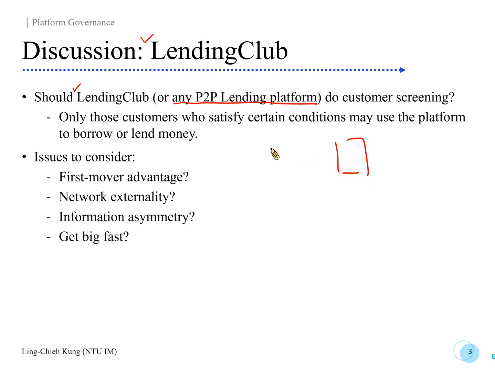So you do have some borrowers and you have some lenders. Lenders are matched with borrowers to lend some money, and you as a platform get some commission fee. Basically, that's the idea. Okay, so now our question is the following. Suppose you do LendingClub. Do you want to do customer screening? That means, do you want to say only some consumers who satisfy some conditions may use your platform to borrow